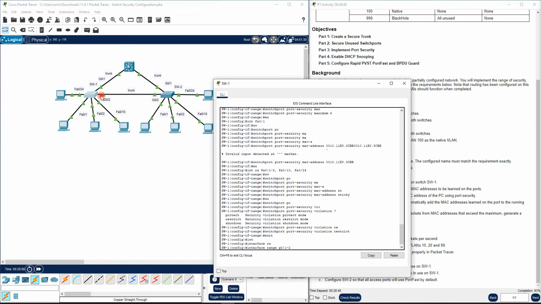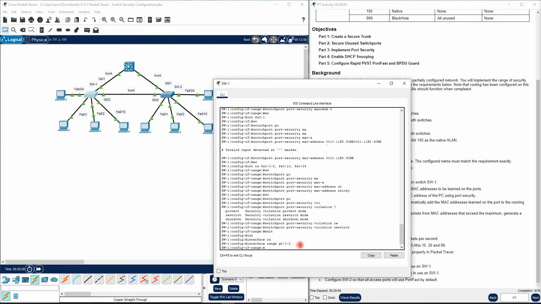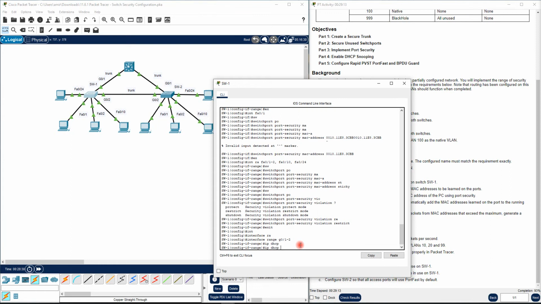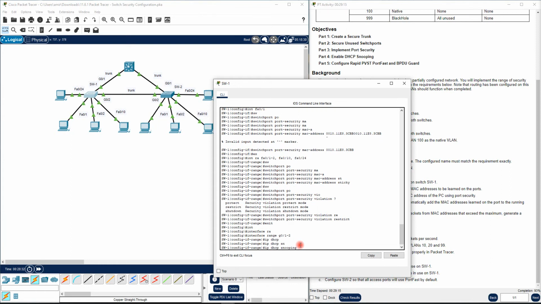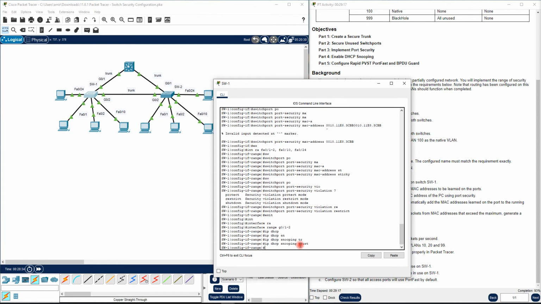You should activate DHCP snooping trust mode only for ports and interfaces that are connected to switches. You cannot activate it for ports that are connected to computers and printers, and it should be trusted. In this situation, you should write here ip dhcp snooping trust,